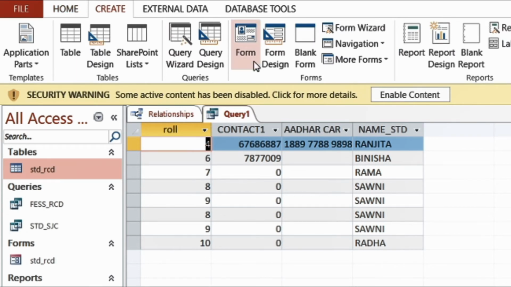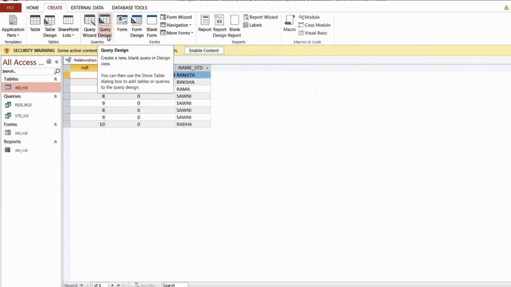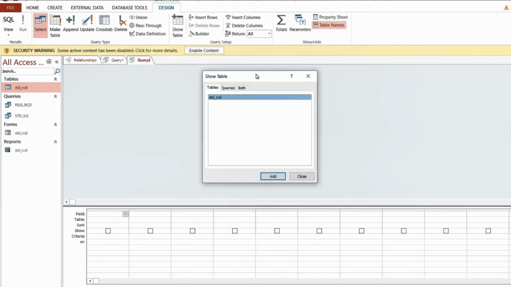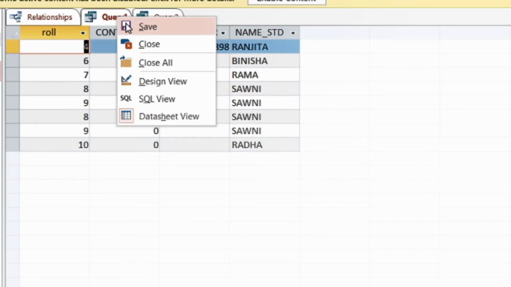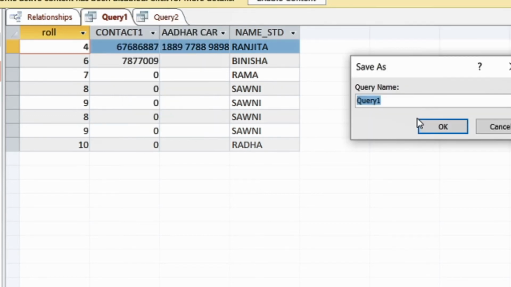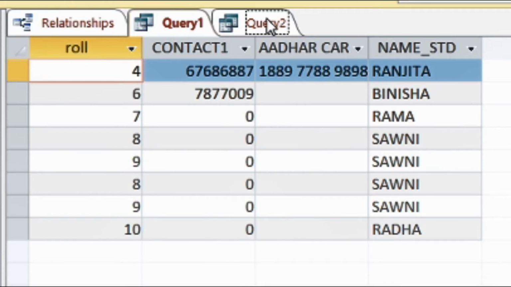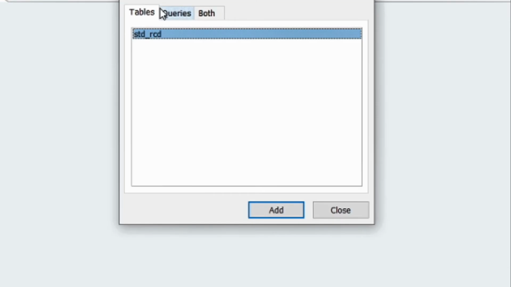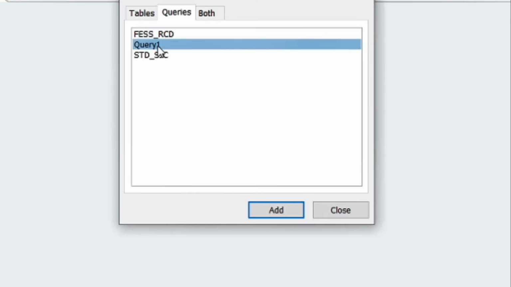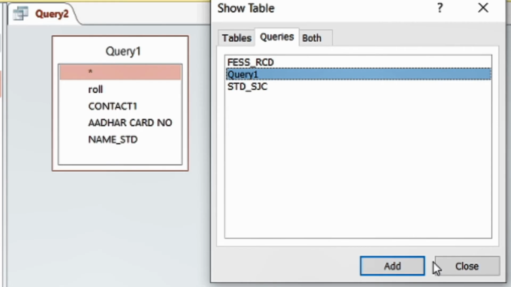Now the queries we have learned so far do not have any criteria. So again let us generate a query, and this time we will put some condition, that is the criteria. Here we have simply selected the field names first, but always remember to save the table. Now I will generate a second query from query one. Which query is this? This is the query which we have just generated. From a query you can make another query.